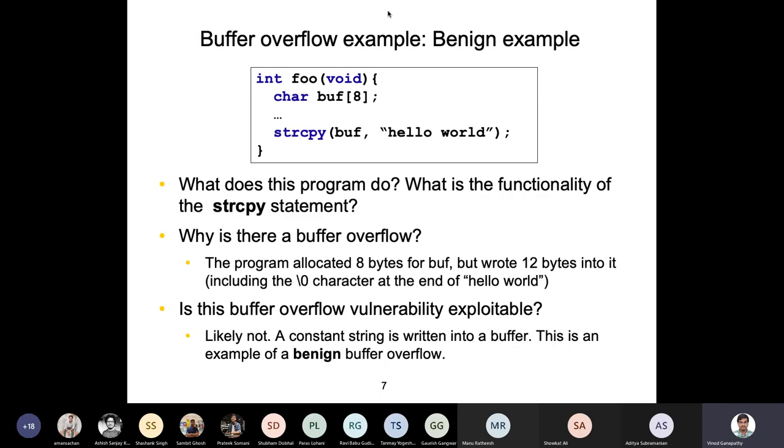So I will get there, but let's look at a benign example of a buffer overflow vulnerability. So here's a program. It's a C program. It's a C function, in fact, foo. It's just asking for a local buffer of size 8. So it's a character buffer. It's allocated on the stack,